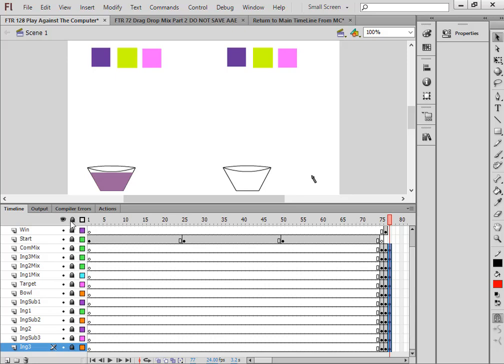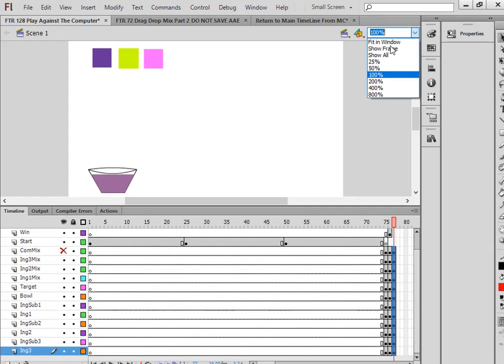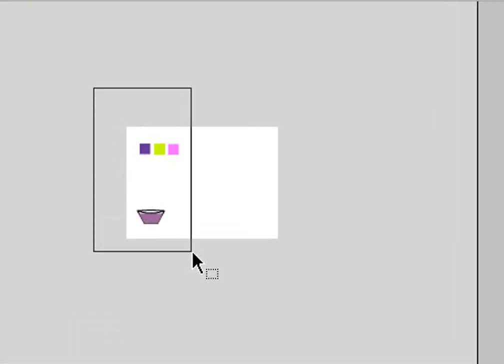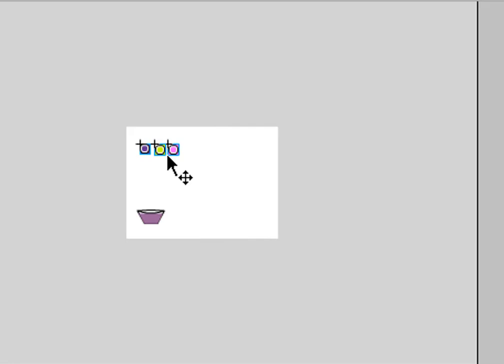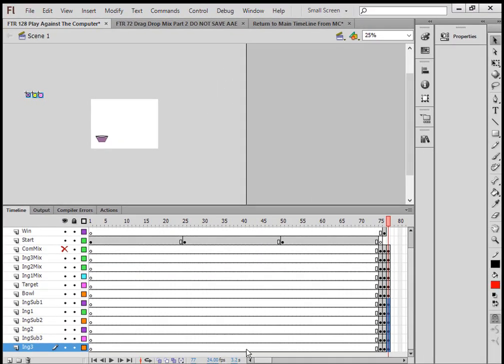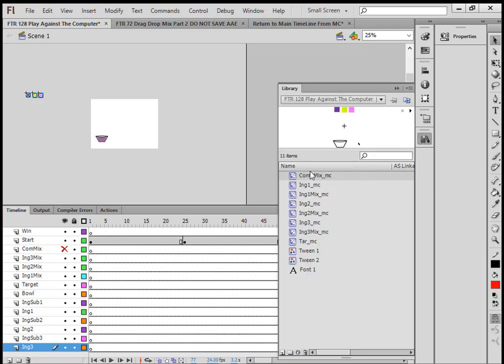Unlock all the layers, except this one here, this computer mix. So that gives me all these things. Make the stage 25% so you can see it. Highlight it, those ingredients, and drag them off the stage. So that should satisfy that when we jump to this frame 77, that's frame 77. Let's go back to the computer mix